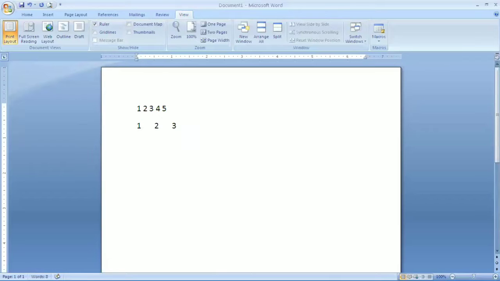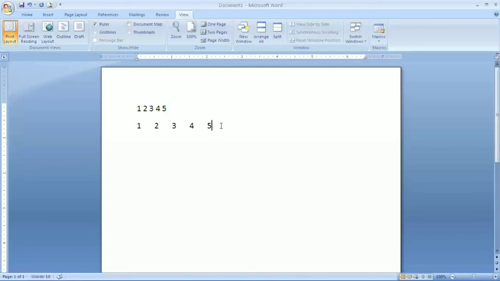Again, I am pressing the tab key like that. So in this, I have used the spacebar, and in this, I have pressed the tab key. By default, it will move 0.5 inch. If I want to set the tab stop position myself, I want that when I press the tab key, it will move to 2.5, then 4, like that.